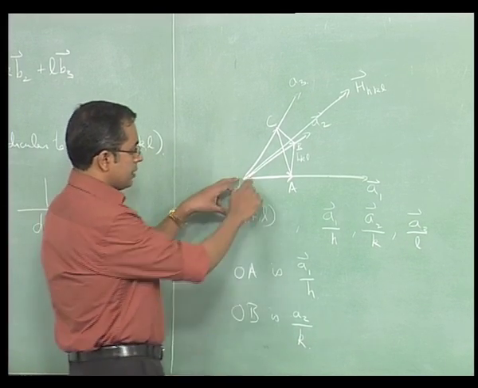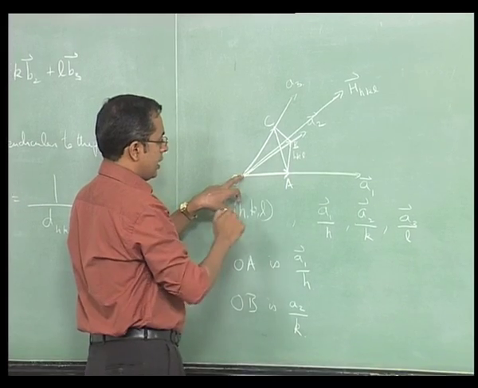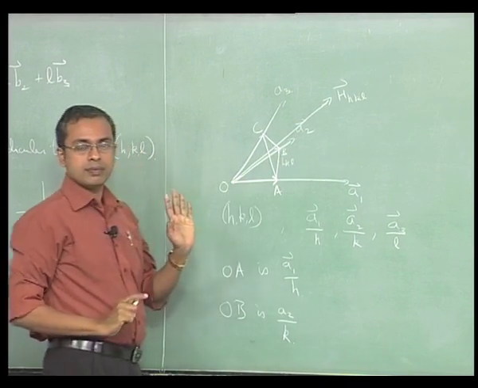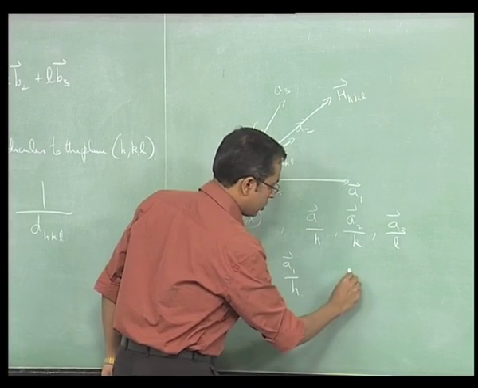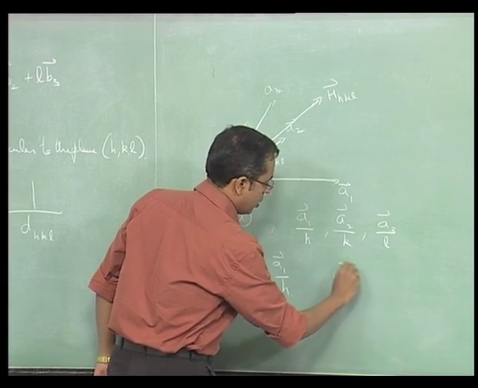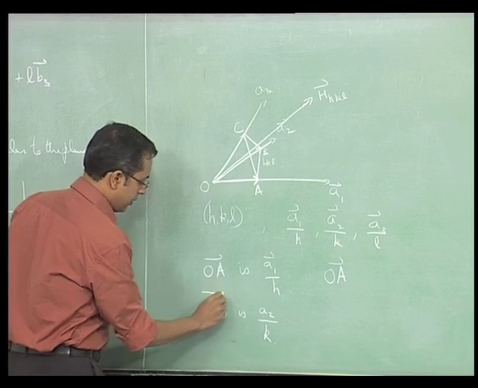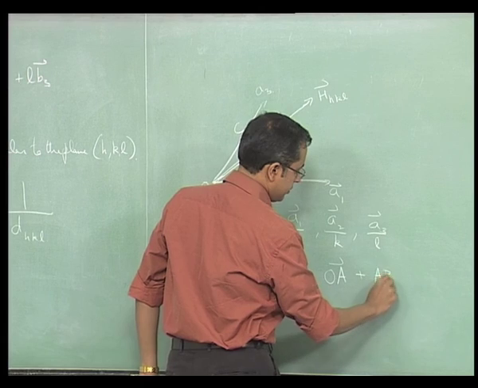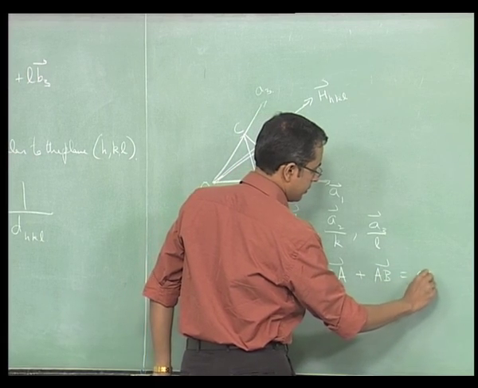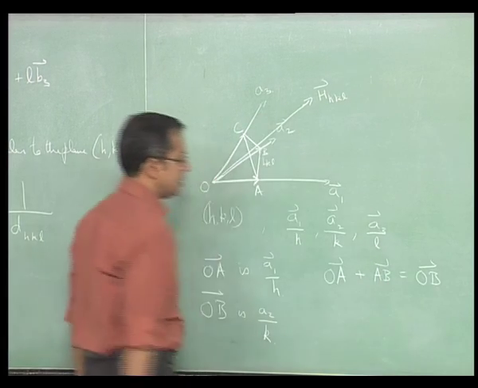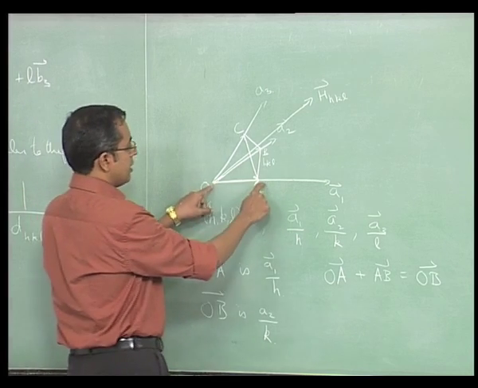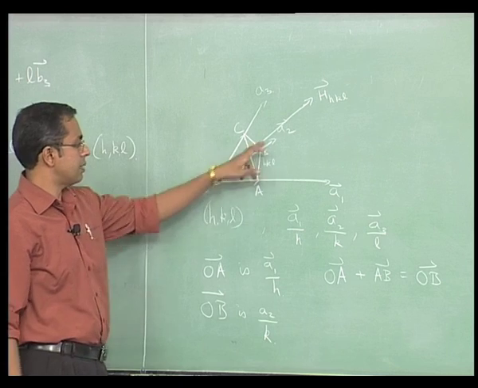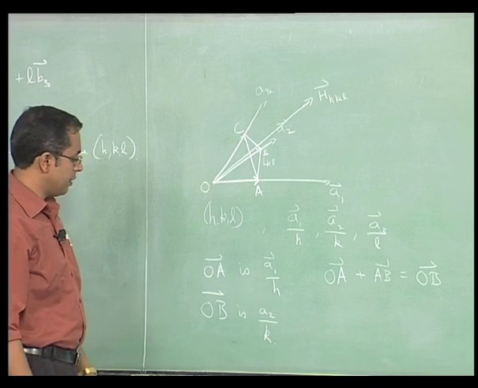So simply by vectorial notation, if you write OA plus AB, you should get OB, right. So OA, simply because of standard vectorial notation, OA, so these are vectors by the way, OA plus AB should equal OB. That is easy to see. If you go from here to here and then you go from here to here, it is the same as going from here to here, that is all it is. OA plus AB is OB. So this is what we have.